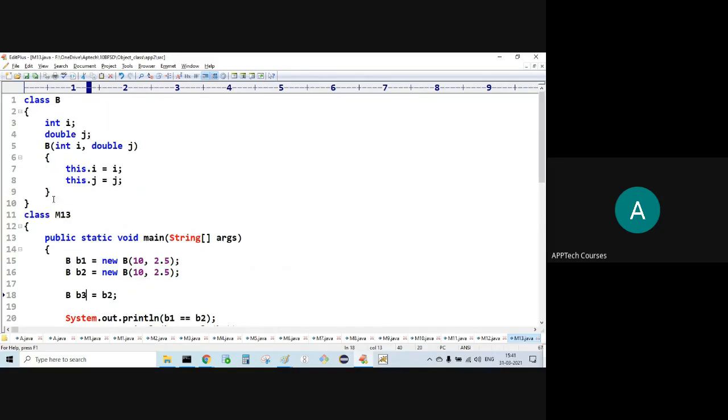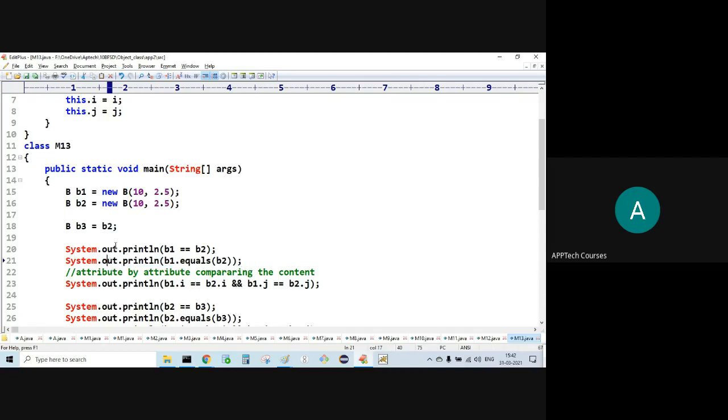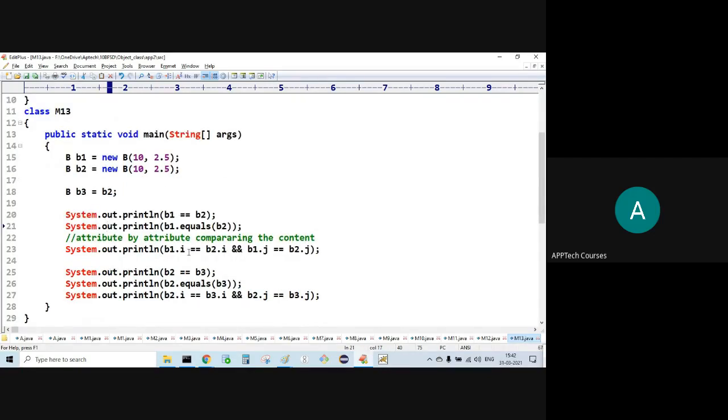I'm not overriding the equals method, so it is going to use the Object class equals method. It compares whether two references are pointing to the same object or different objects, so we get false. Now B1 dot I double equal to B2 dot I, and B1 dot J double equal to B2 dot J. Both expressions result in true, so the double and operator returns true.